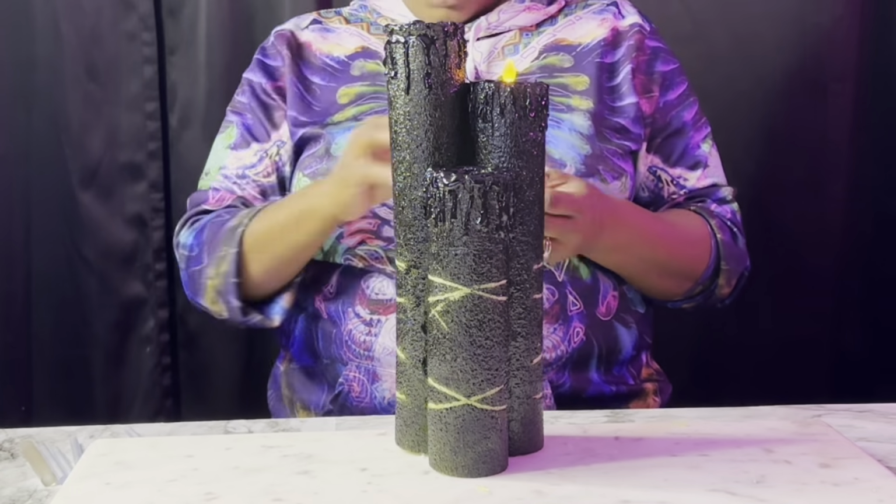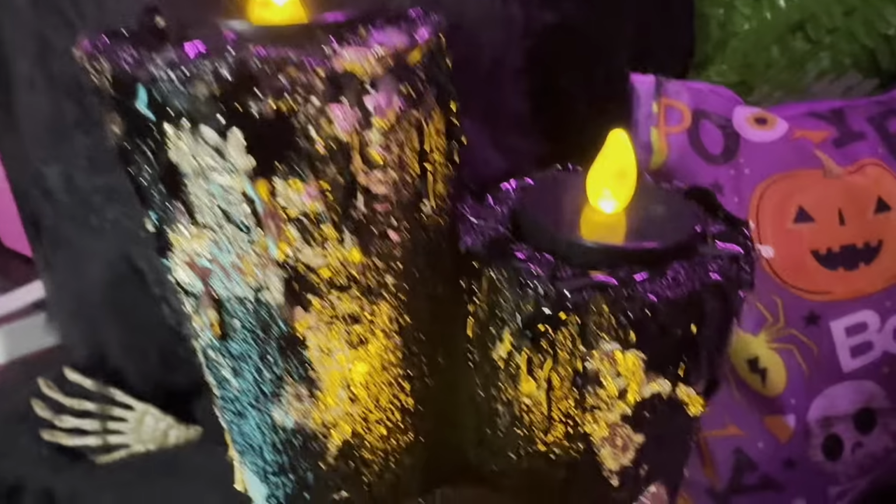Okay, you guys, so this is the final results of our DIY candle decor. Now, I said I wanted those green lines to stay there. However, I'm thinking about adding some change to those green line areas. But overall, I like the project. We just used some pool noodles, some hot glue to just kind of add our drips there. And you know what? You really can't